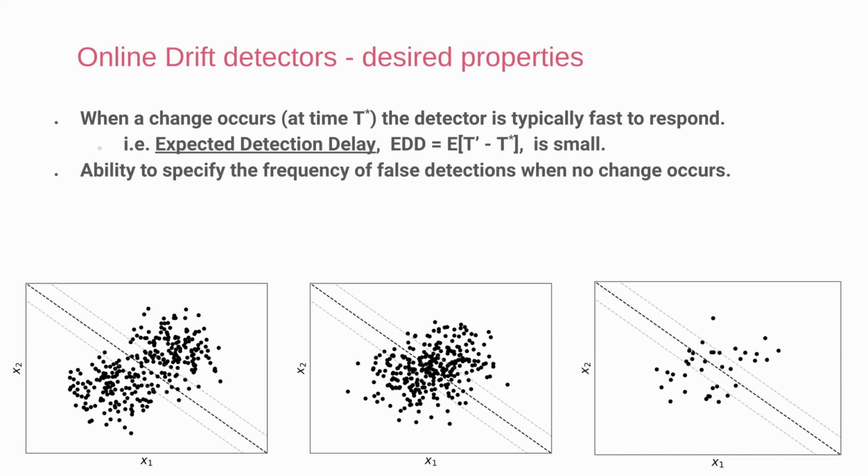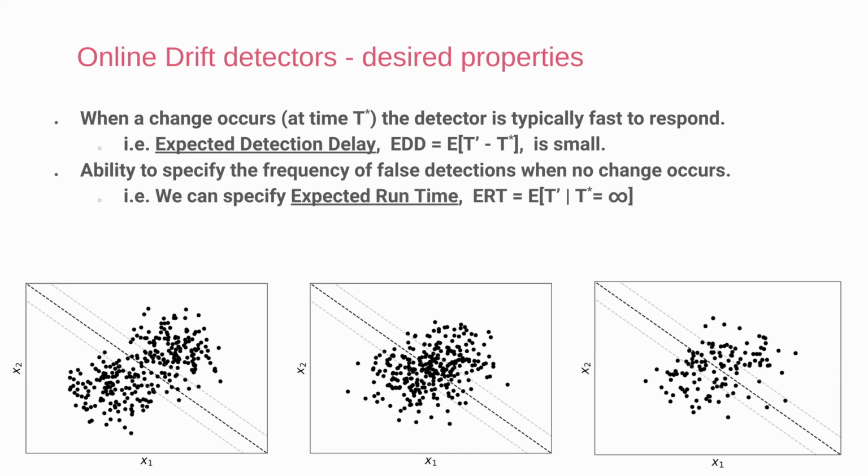But we'd only like it to be small subject to a known frequency of false detections when there's no change. So we call this the expected runtime, which is how long we expect our algorithm to run in the absence of change. So we can think of the change point being at infinity, it never occurs. And we'd not only like this to be low, but we'd like to know exactly what value it takes so that we can respond appropriately when a detection